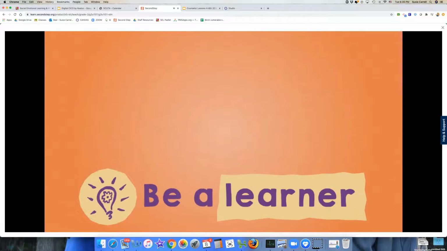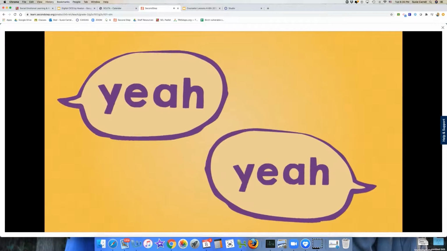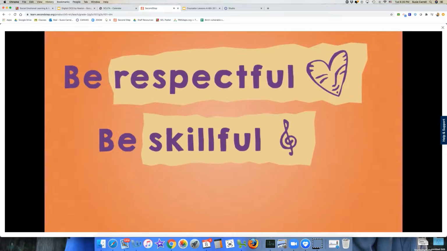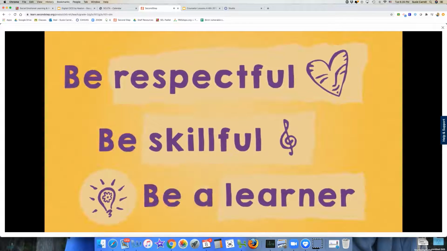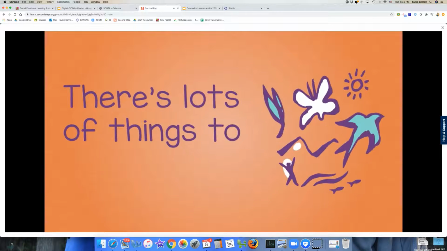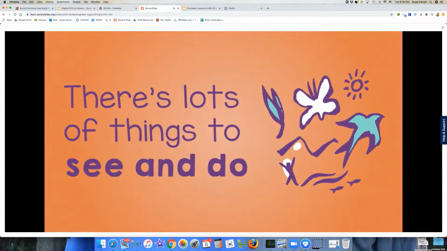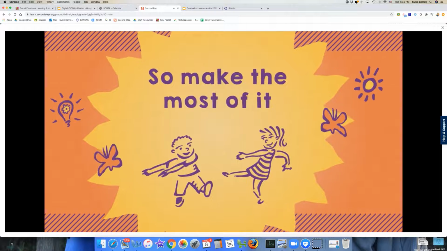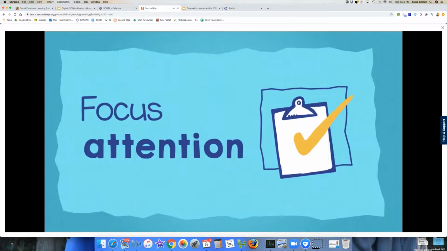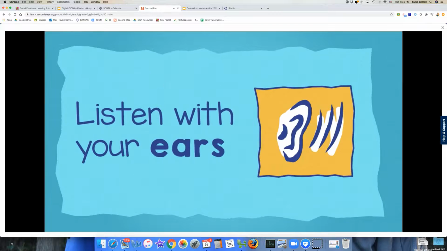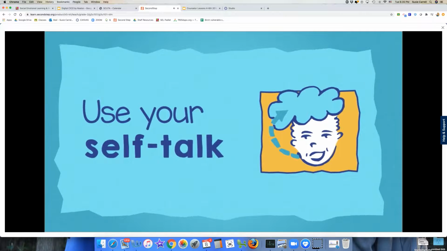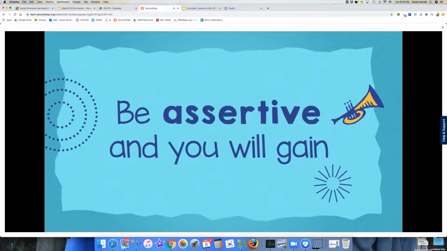Be a learner. Be respectful, be skillful, be a learner. You come to school to learn, and there's lots of things to see and do, so make the most of it. The power is inside of you. Focus attention, listen with your ears, eyes, and brain. Use your self-talk, be assertive, and you will gain the